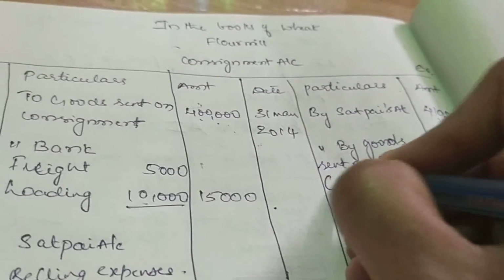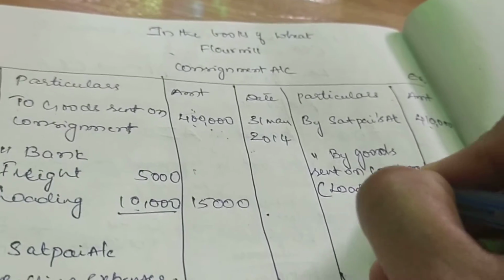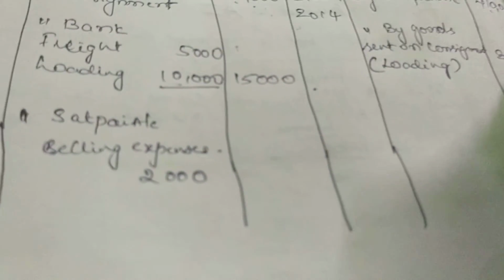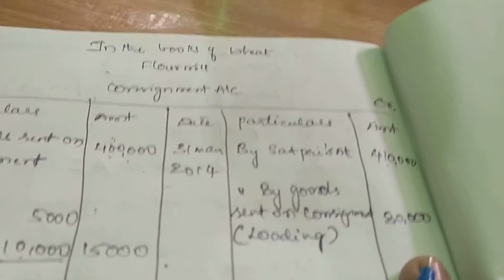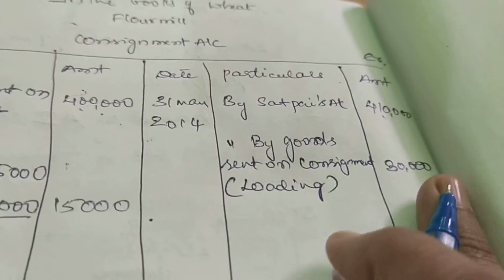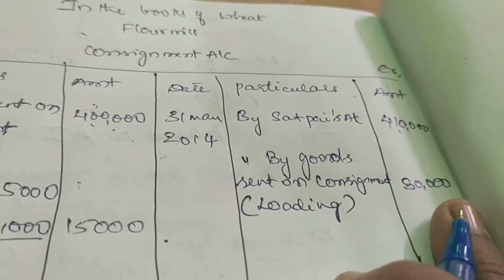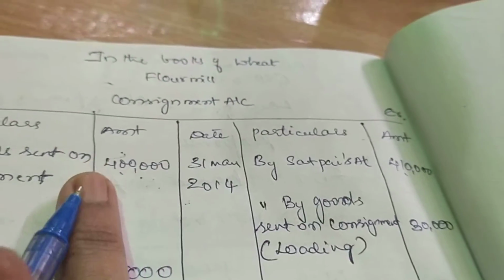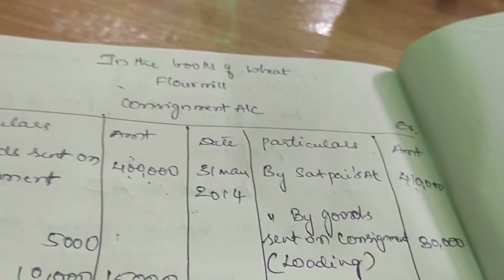That is called loading charges. So what is the amount? That is 4 lakhs minus 3,70,000, that is 30,000. Understanding, students? This is the profit. In order to reduce this amount of profit of 30,000, you write on the credit side 30,000.